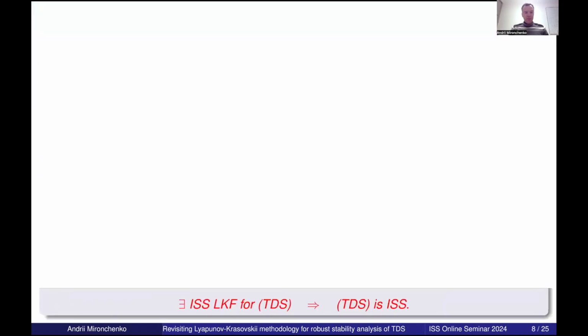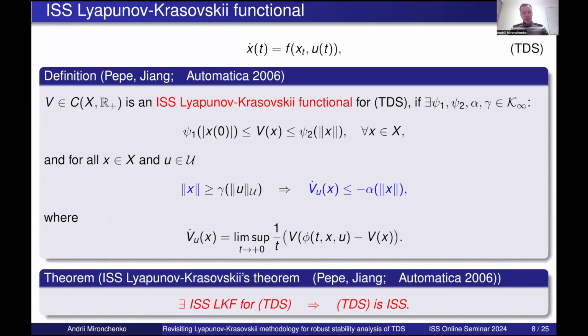Okay, now we have defined what is input to state stability, and now we need tools to analyze this property. As we know, one of the key tools in time delay systems theory is the Lyapunov-Krasovskii functionals. If we use them for input to state stability, we call them ISS Lyapunov-Krasovskii functionals. A continuous function V we call an ISS Lyapunov-Krasovskii functional if V is sandwiched between two K-infinity functions psi1 and